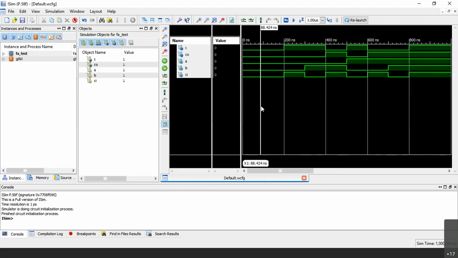I had shown you in the last class, if we change that initial to always, then again it will simulate until that 1 microsecond time is reached. Okay. Now this is the simulated output of the full adder for a data flow model.